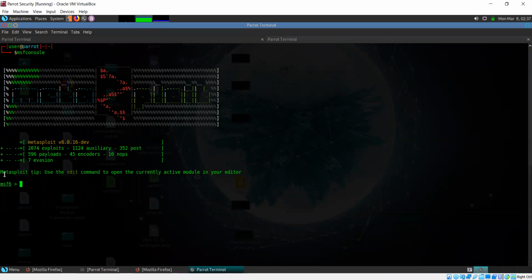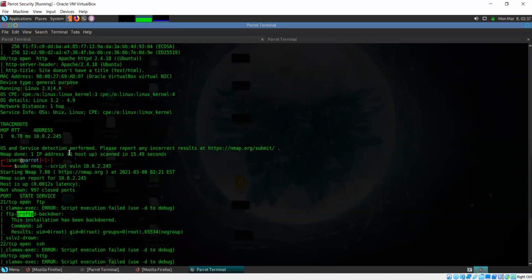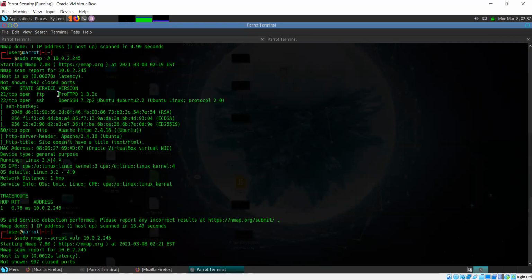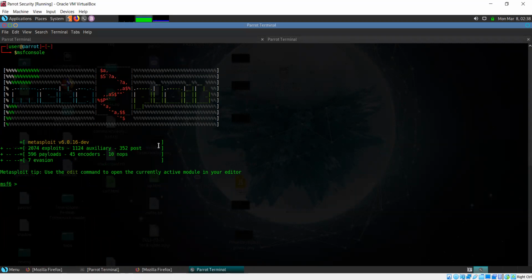So, in our case, the service that is vulnerable is this FTP, and even more specifically, ProFTPD, which is the FTP server that's running ProFTPD 1.3.3c. This particular version is running on our target and it is vulnerable. So now in Metasploit, you can search for exploits or modules related to any particular keyword that you can specify. So I'm going to search here for ProFTPD.